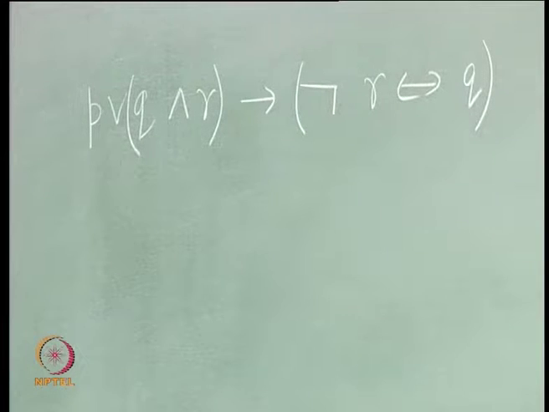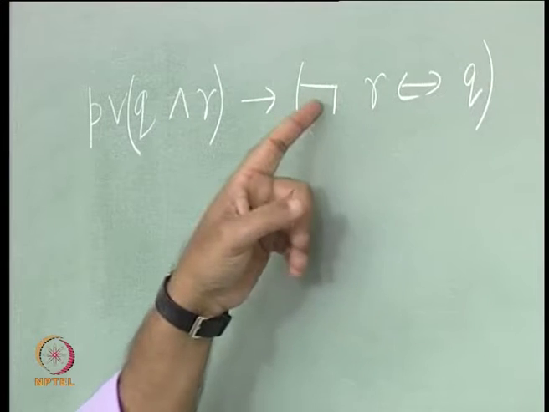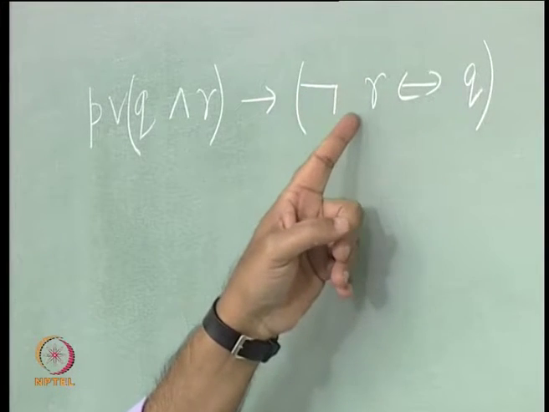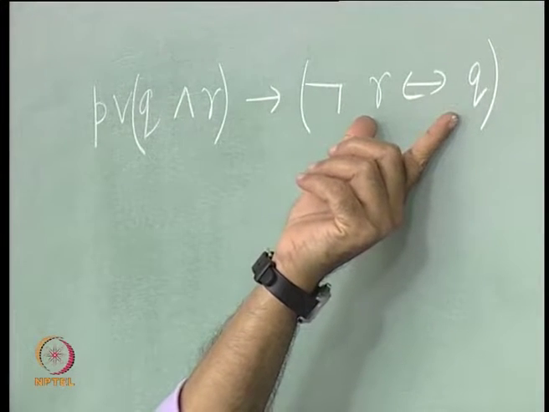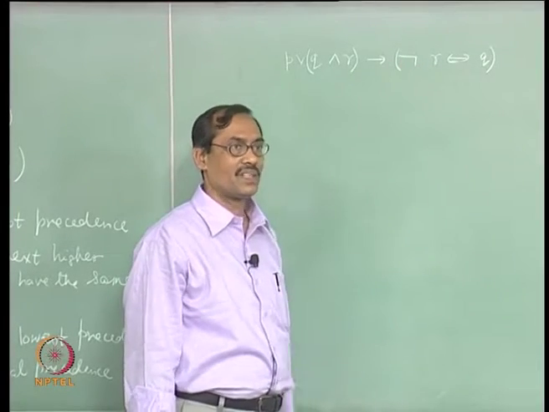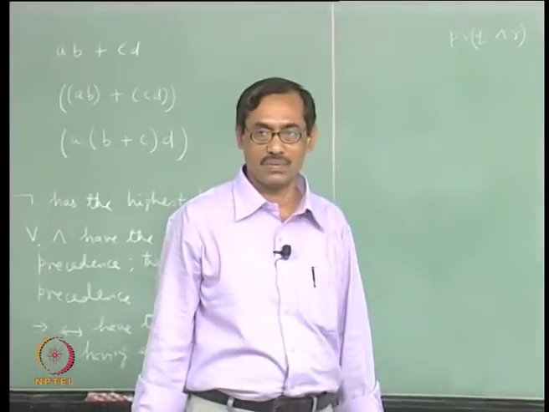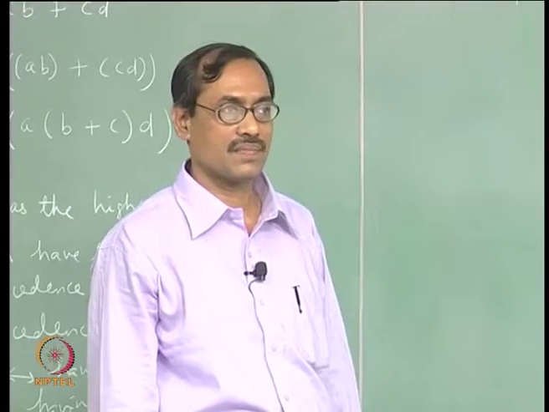but without it there will be again a problem, because even if not has the highest precedence, it will take with R now. Instead of this, suppose you have inserted here, it would say that first R if and only if Q has been formed, then not has been added, right. So, they will have different meaning now. This is how precedence will be used, and we can use a smaller number of parentheses after this, fine.